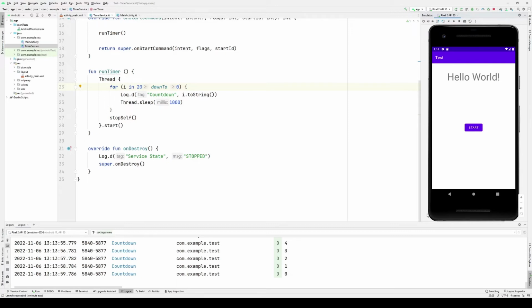And I could, in fact, write my threads in such a way that they'd be aware. Well, I could write my thread logic and perhaps set a flag in my onDestroy so the thread can be aware that the service is shutting down and that it should exit. So I could do all of that, but I left this here so we could actually see that that's what a thread does. Invariably, it can cause memory leaks if not used properly. But we can see that my onDestroy was invoked even though my second timer was still executing.